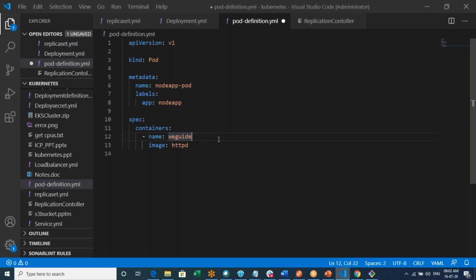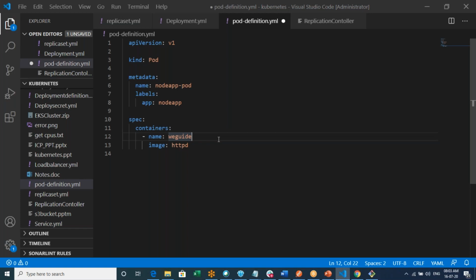So it always maintains that many pods. If one pod goes down, automatically another would be up. That is the reason we use a replication controller.